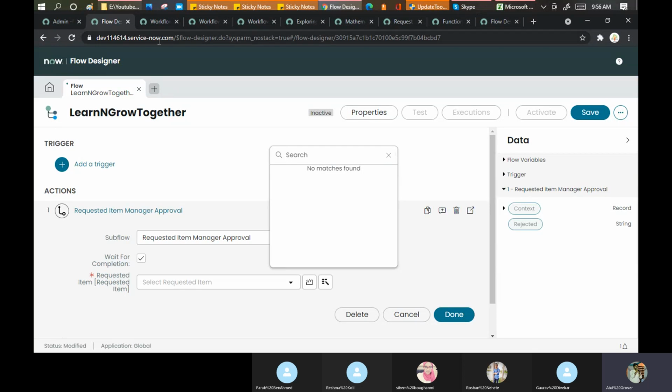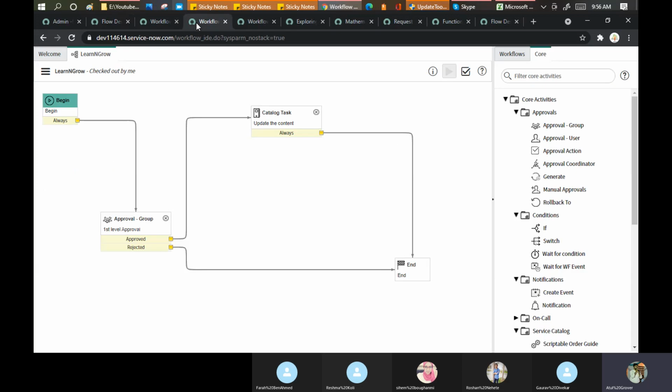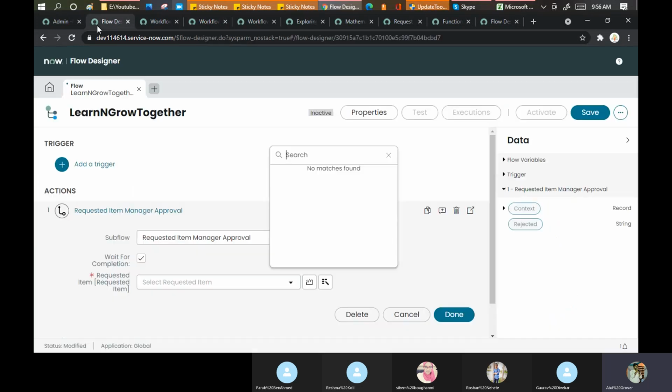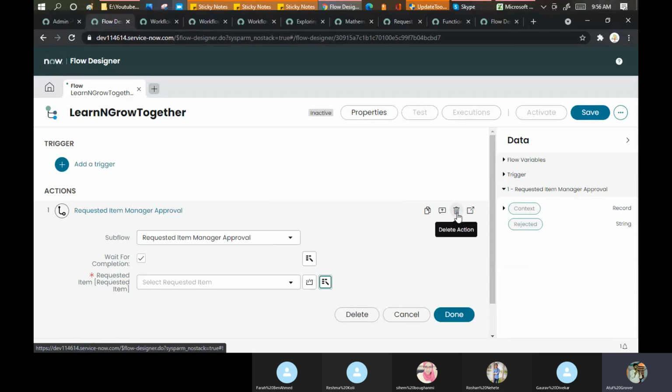So Flow is the new concept introduced by ServiceNow. In the workflow, we map that this workflow should run on the SC_REQ_item table. The same thing we need to do in Flow Designer first.